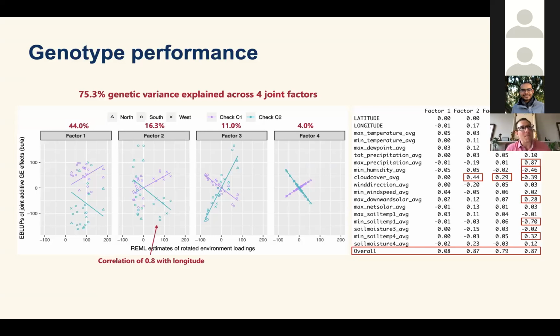So if I just talk about a conventional factor analytic model, I didn't want to put too much theory behind it, but basically it is a bit like a multiple regression. You have these environmental loadings that would be your covariates, which I have here on the x-axis, and then you have your genotype scores, which are given by the slopes of these different regression lines. So essentially, it's a model that is saying that you have a regression of your genotype effects on your covariates.